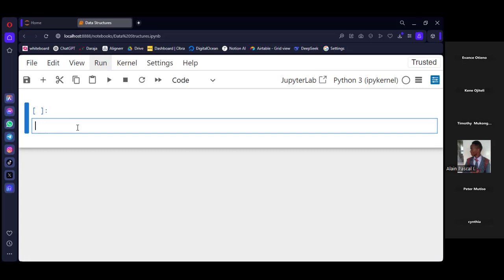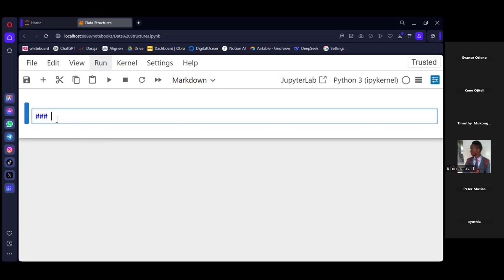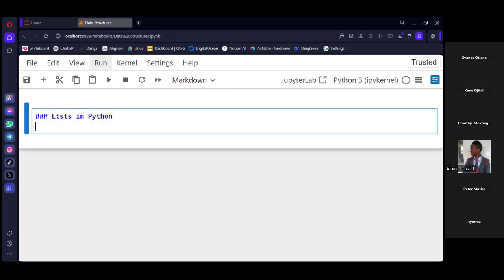But let me first write their characteristics for you, though they are in the slides I'll share. So, lists in Python. First of all, lists are ordered. Remember, a list stores a collection. For example, let's say you have a list of fruits. In that list you can have fruits like mango, apples, and all that. So it's storing more than one item, and it stores them in an orderly way. The way you arrange it is the same way you'll get the output. So the lists are ordered.